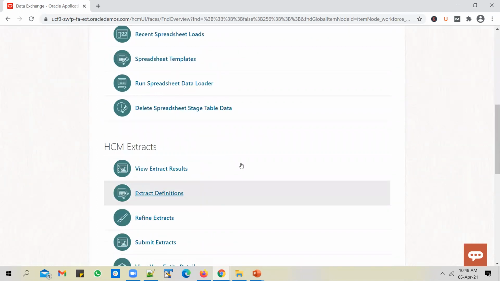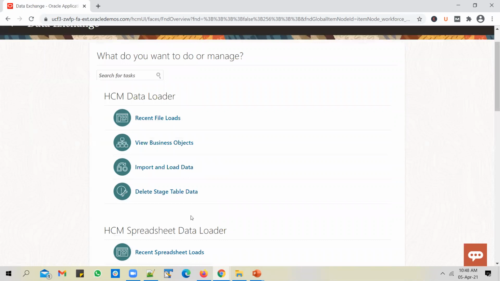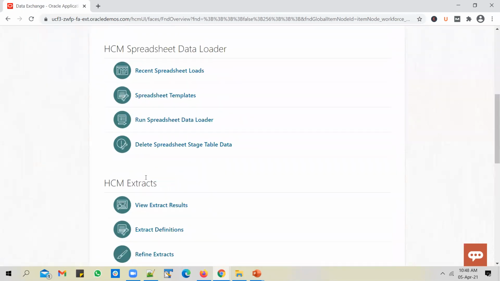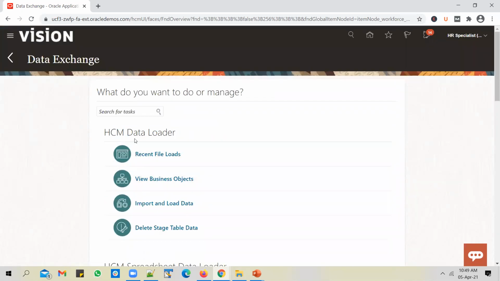You also have HCM Extracts, which can typically be used to extract information from HCM Cloud and pass it on to other third-party applications or downstream systems. I will explain HCM Extracts as well. We'll make at least a few videos on HCM Extracts because it's a complex and important subject in HCM Cloud. So let's get started with HCM Data Loader.